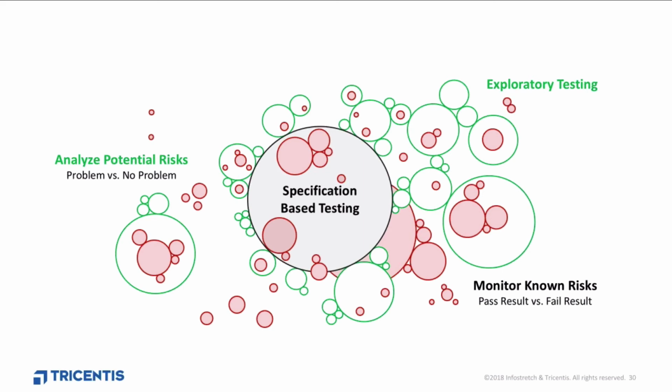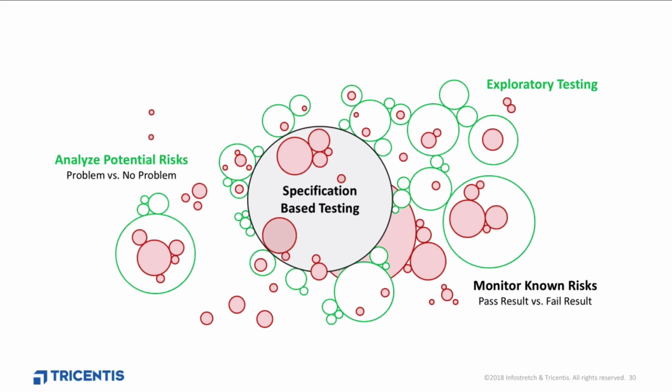In contrast to specification-based testing, the tester here is equipped with a testing charter, which basically states the area to focus on within the application. And all the rest, the path through the app the tester will take, the details she will focus on, are up to the tester's creativity and curiosity, which makes exploratory testing the perfect addition to specification-based regression testing, as it covers risks you would never have on your radar otherwise.